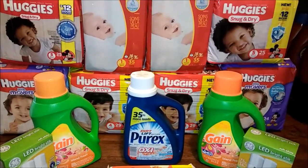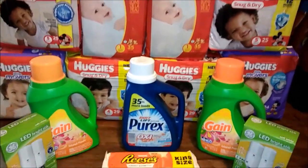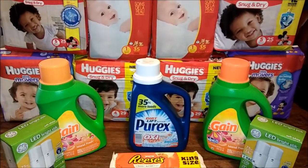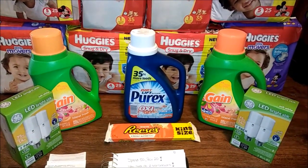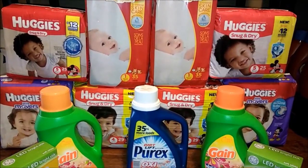I could have done it, but I wanted to get some other items like these small diapers here in addition. But let's go ahead and show you how you can get 8 packs of diapers, 3 bottles of laundry detergent, nine packs of lights or light bulbs there, and even a bar of candy absolutely free, and make you some